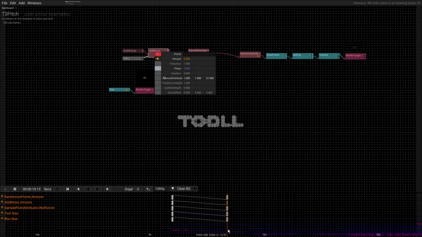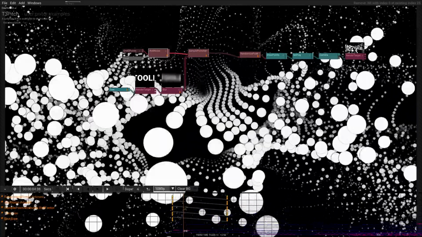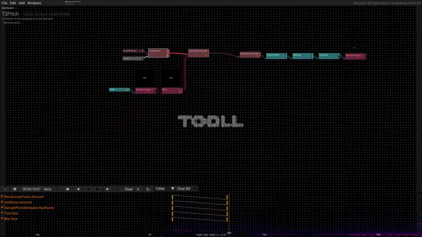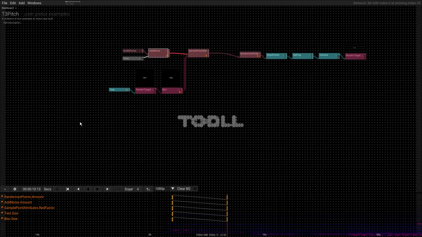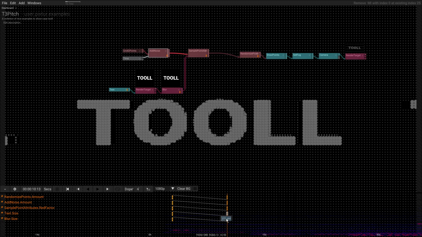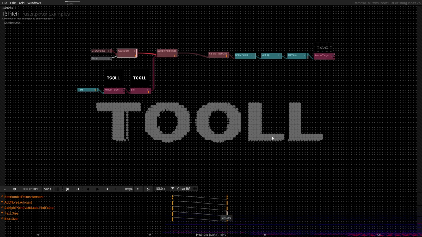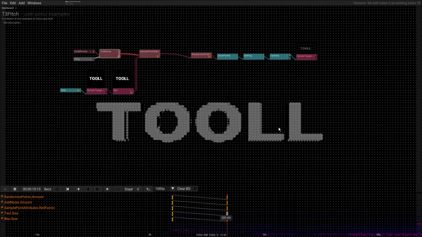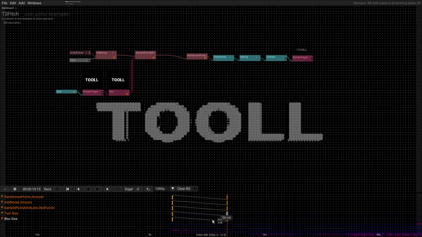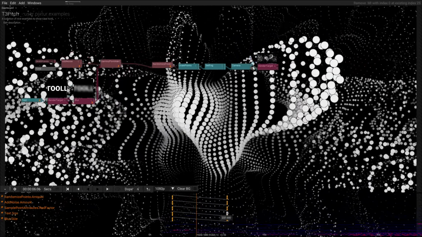So, okay, it's getting there. Maybe the final keyframe here is a little bit too low, so we can go here, and of course we can edit the keyframes directly. And yeah, it's getting there, but it's still kind of okay by points.